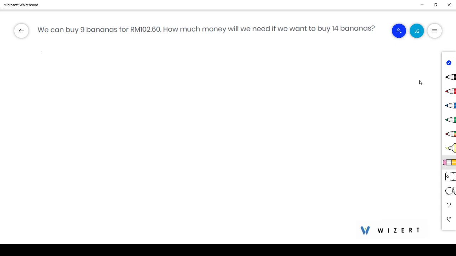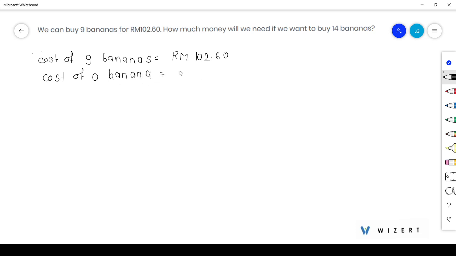Our question is, we can buy 9 bananas for 102.60 Rm. How much money will we need if we want to buy 14 bananas? Cost of 9 bananas is given by 102.60 Rm. Okay, so from this we can find the cost of a banana as